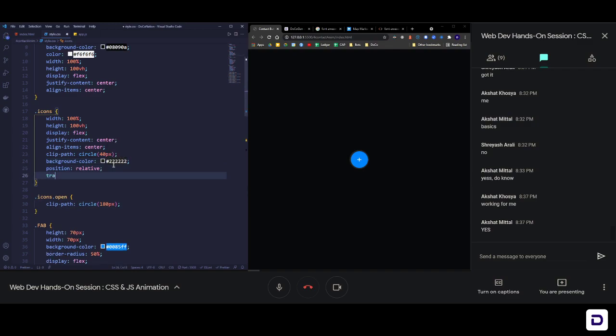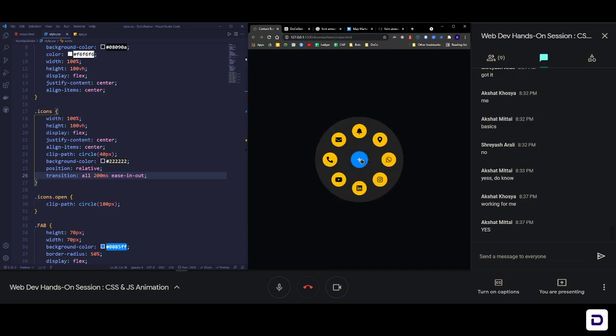So we're gonna write here transition all. So all the transition, whatever is happening, 200 milliseconds. That's a pretty neat duration for any animation basically. Okay, and then we say ease in out. That's the kind of easing you should have, not linear, not sinusoidal or something, but ease in and ease out. Very, very smooth animation. And save it, and now you will see that the background actually has that ease in and ease out animation working on it. The background grows and then shuts down, grows and then shuts down. Okay, so that's a really great thing that we have.